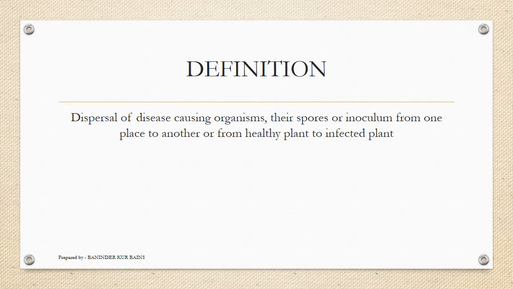So the dispersal is very important for the plant pathogens because they need to complete their life cycle. Some of the pathogens complete half of their life cycle on an alternate host, then half on the main crop, and also they multiply. They need some medium, some host for their multiplication or their continuation. That is why dispersal or dissemination is important for the disease causing pathogens, and it is also responsible for the spread of many diseases.